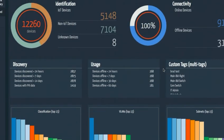A few other things I'd like to call out in this screen is that the system also tracks usage in terms of how often that device is online. It is online right now. And how long it's been offline if it is no longer plugged in. And in that regard, this becomes very useful when you want to find out which systems haven't been used or even connected in the last 30 days or 60 days. Because most likely those systems have either been retired or they've accidentally walked away. And often organizations want to find especially the systems that have walked away so that you can deal with the